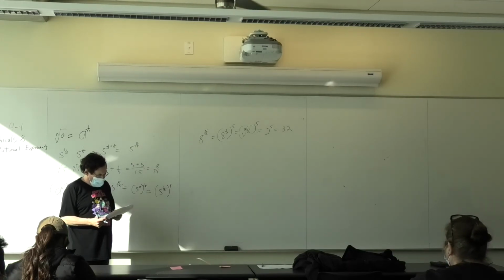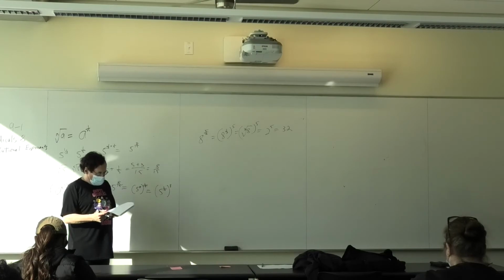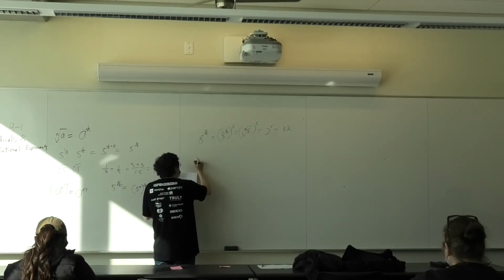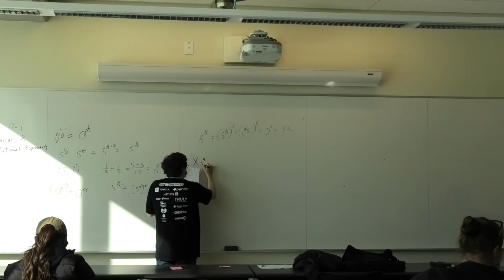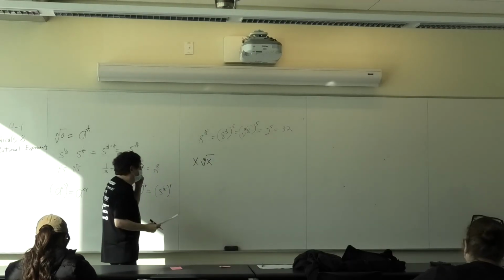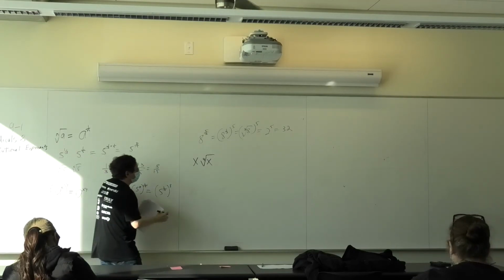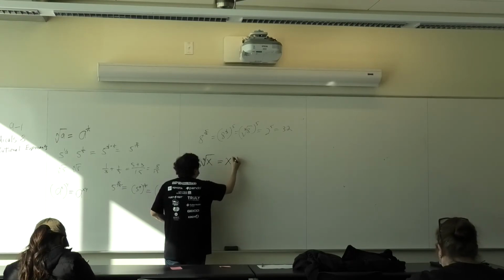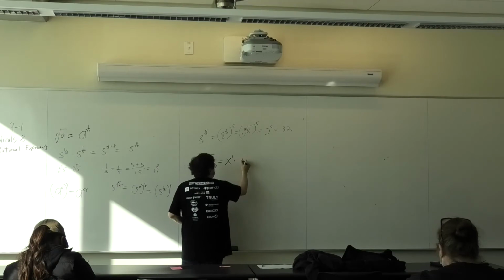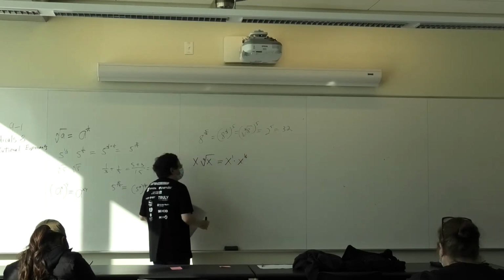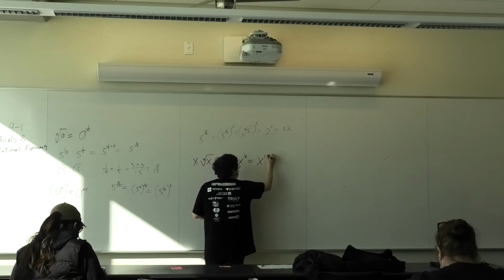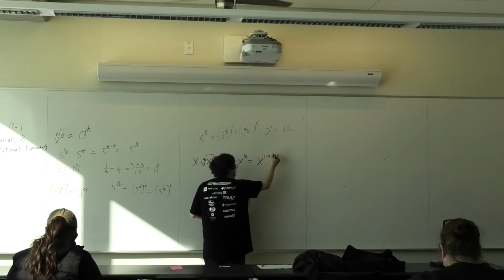Let's see if I can find another good example. Well, this is a different kind of example, but if I wanted to simplify x times the 4th root of x, I can convert these both so that they have an exponent. This is x to the 1 times x to the 1/4, which again, according to my rules of exponents, is x to the 1 plus 1/4,